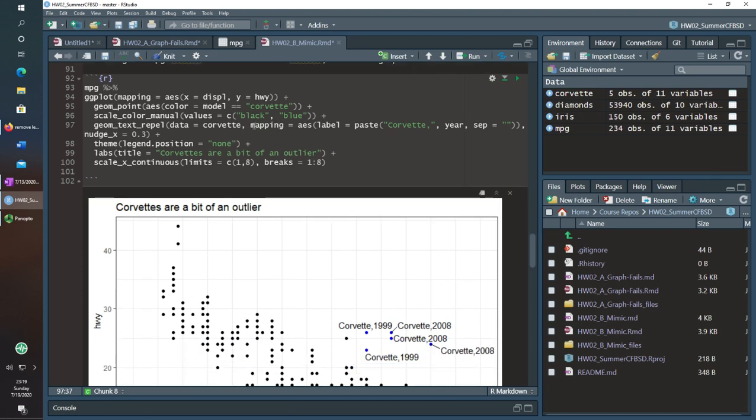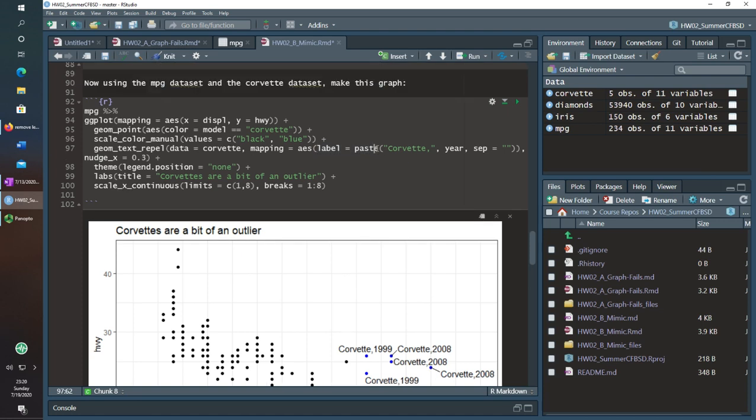And mapping, you don't actually have to specify x and y because that is true globally, and it's true here too. The data rewrites the data though, so it's no longer going to be mpg, but the aes x value is still going to be displacement, and y is still going to be highway. But I'm also going to add this other value, label. Label is because the geom_text needs a label. You're basically just telling it that it's the text value, but you're not saying what those values should read, and so label does that.